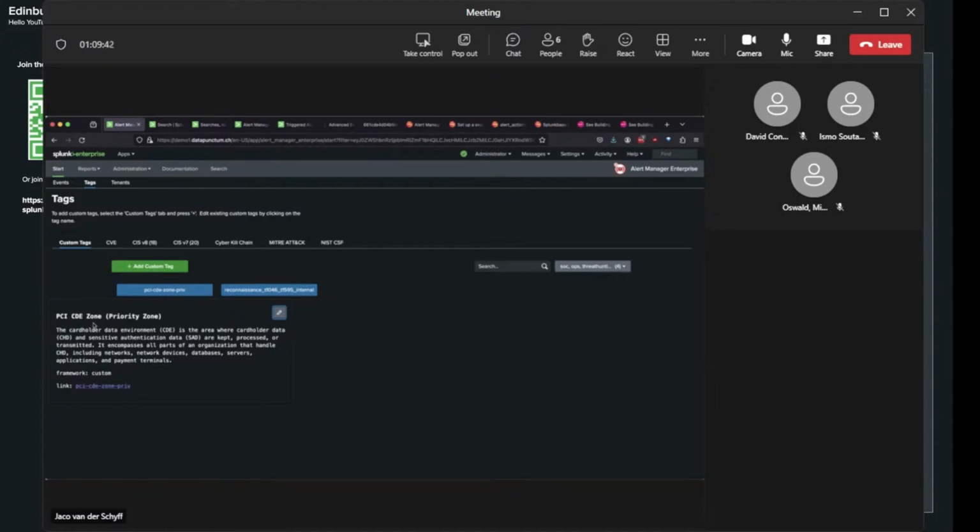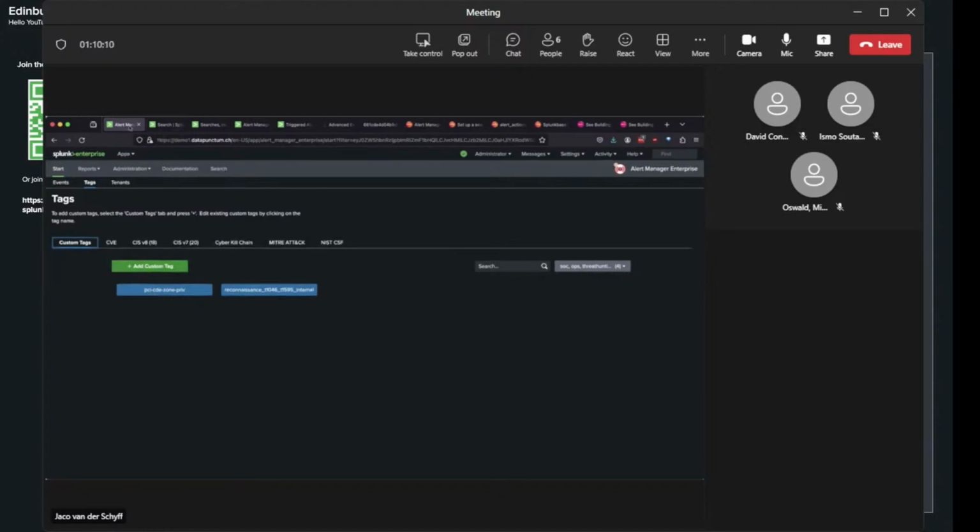And we have this tag that allows us to associate that to events. I'll show you later in the demo how we can use that. So I created this tag manually. You can add your own custom tags. And of course, you see already there are some preloaded tags here. That is not part of the freemium version, but these tags are available by default. But you can add these tags yourself as a customer.